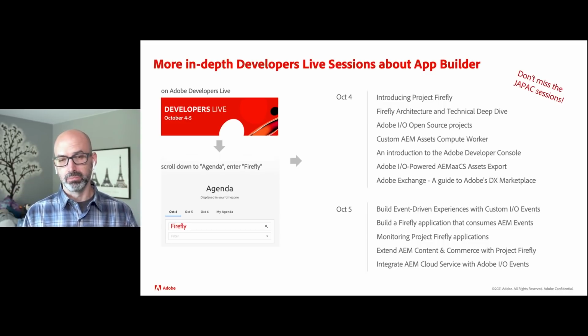And so we have a bunch of sessions. Sarah is giving one right after this, introduction to Firefly. We've got a technical deep dive. I think Merrill and Matic and some other folks are doing some technical deep dive. We've got CLI, Jesse and Shaz are doing that one. We've got Carmen doing a session on the console. We've got a whole bunch of folks doing sessions about pretty much every aspect of this. In addition, we've got AEM team members who are doing sessions on how you can use Firefly with AEM. So it's going to be awesome.